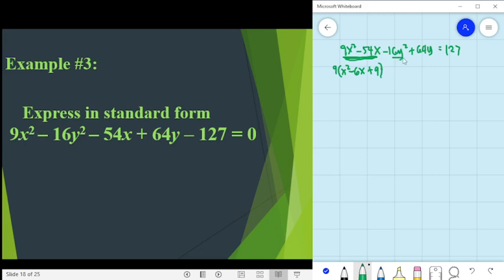Okay, then for here, there is a common factor which is negative 16. Negative 16y squared divided by negative 16 is y squared, and positive 64y divided by negative 16 is negative 4y. And then completing the square, this negative 4 will be multiplied by 1/2, so we can now have negative 2, and squaring negative 2, the answer is positive 4, equals